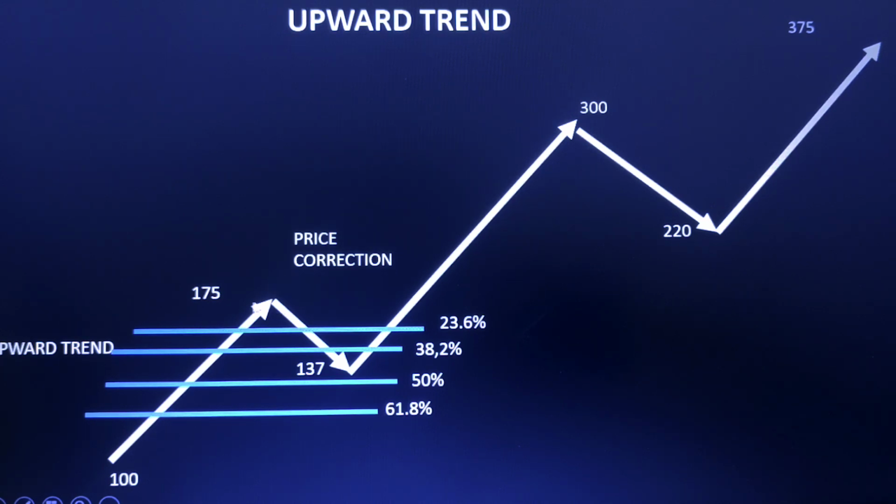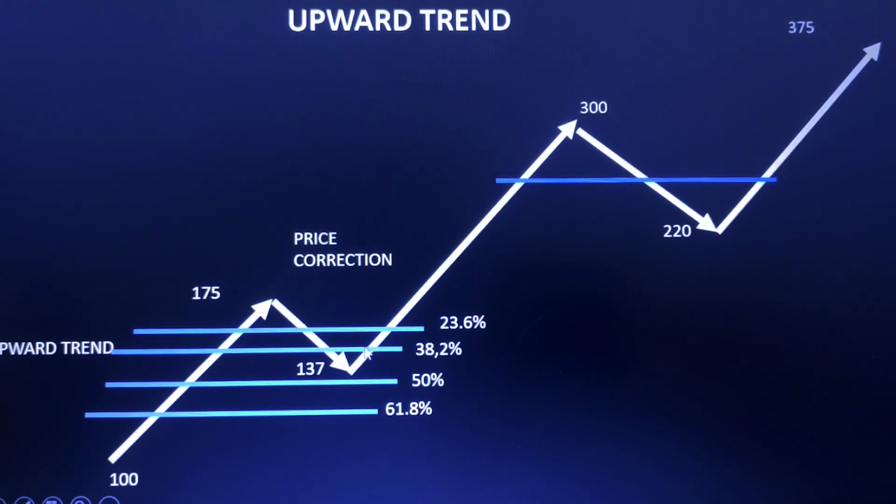In the same way, if you bought here and this price correction has started, you can book profit here, and again go short somewhere here, booking some profit from the selling side, the downtrend, also. Otherwise, you have to see what price correction is happening and at what level it is going to reverse, so you wait for that level. Suppose you know it is showing some kind of reversal signal from the 50%, then you can add to your position by keeping a stop loss below this, and go ahead with that position. That will give you a good return also.